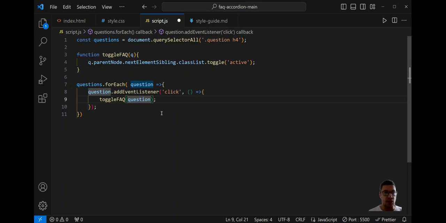So inside this function, we are accessing the parent node, then nextElementSibling, and then we are toggling the class of active. So now, if we save this,